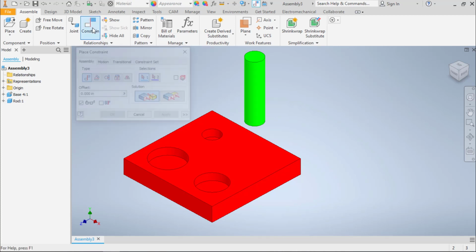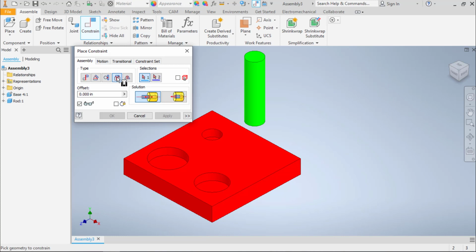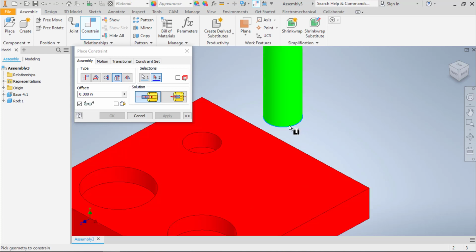So basically what an insert constraint does is it is an axial alignment. So it lines up the axis of this cylinder with the axis of this hole. And it also acts like a flush to line up the two faces. So if I were to pick this circle and this circle at the top, it's going to align them